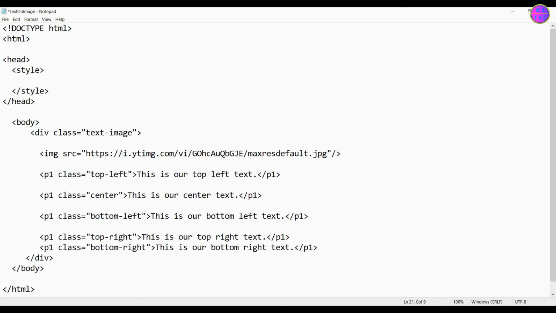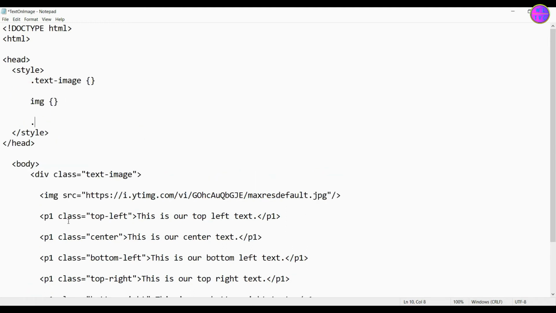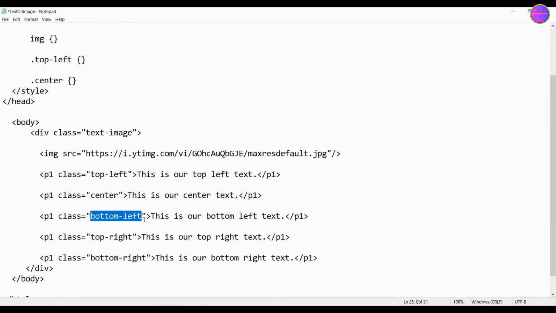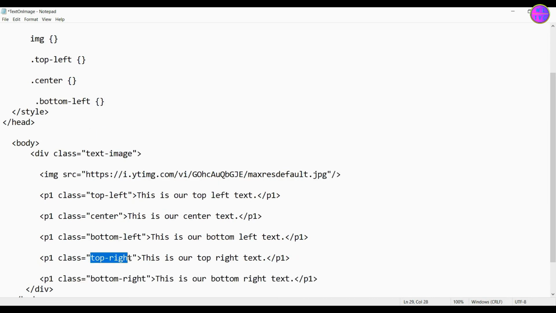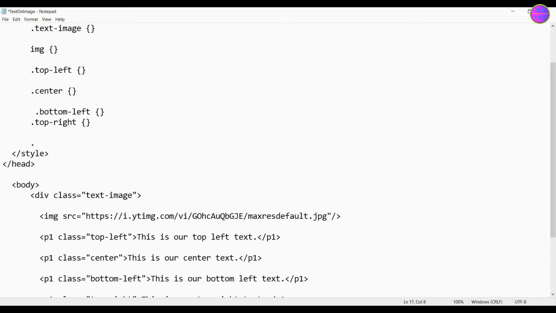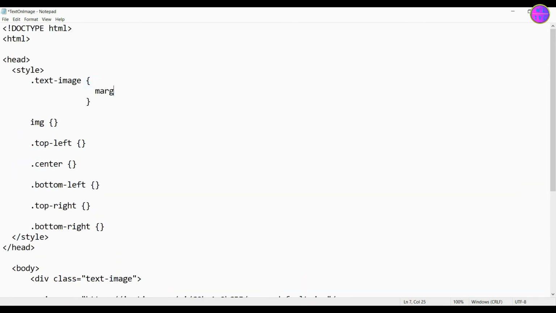Now it is the time to write CSS for our class names. Inside the style tag, we can write our CSS, okay? Let's write CSS for the text image.